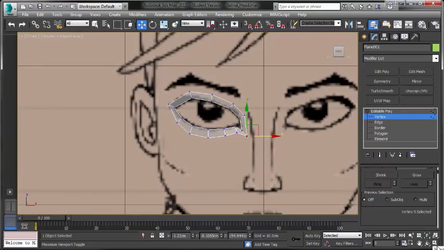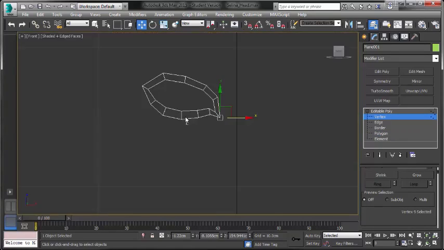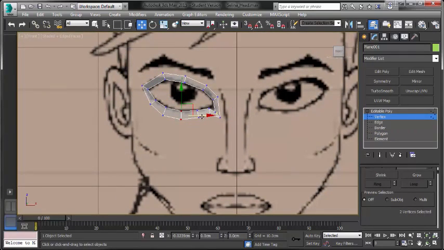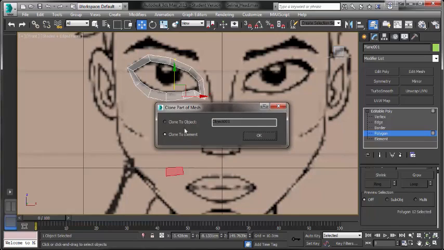Okay, so now I'm happy with this for now. So I'm going to grab the polygon, go into my polygon mode, either by selecting here again or using the keyboard shortcut. So that's what, 4. I'm going to grab this polygon and I'm just going to click and hold shift and drag down. So when it asks you clone part of mesh, you go clone to element, so it'll keep everything